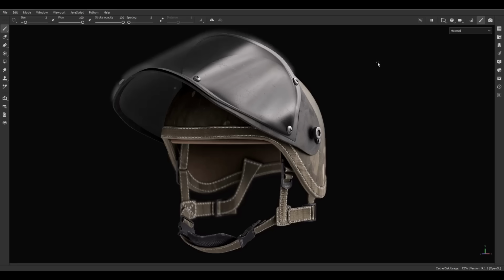My name is Mehdi from 2D Redbox, and today we are going to talk about how to texture this military helmet from our BaseMesh collection. And you can find the link of this collection in the description, and you can download this model from the